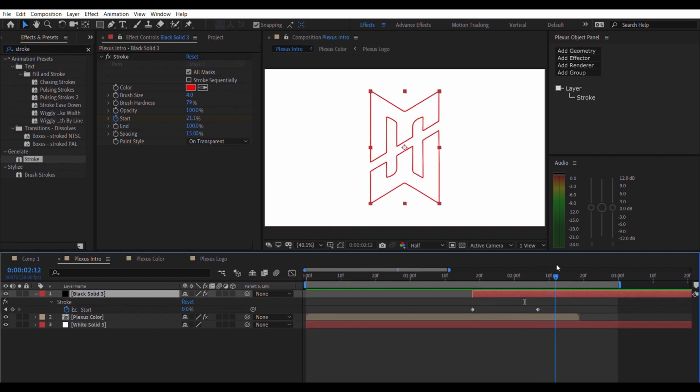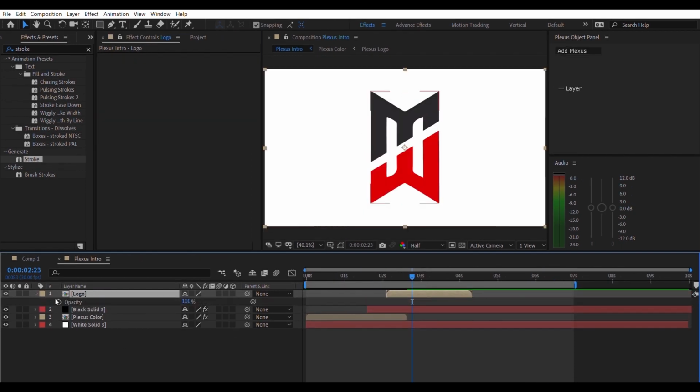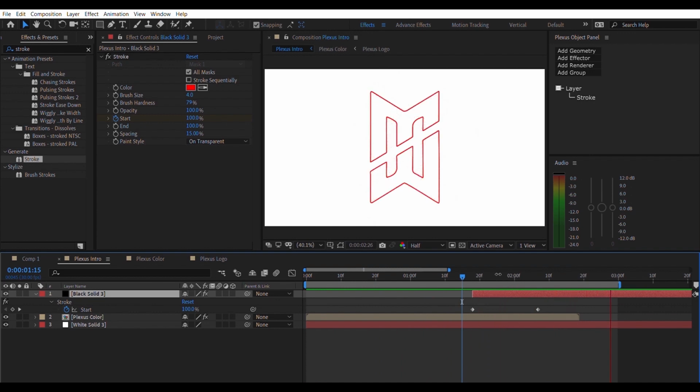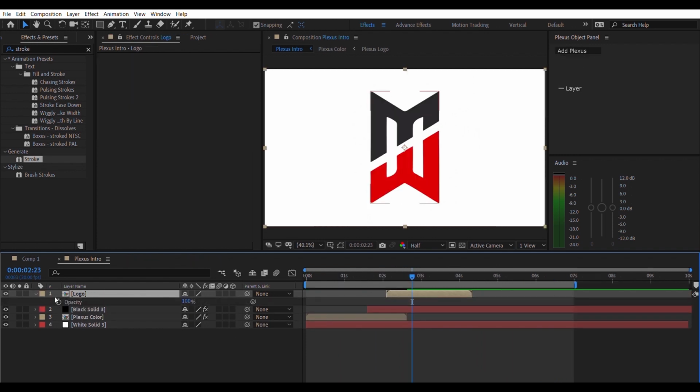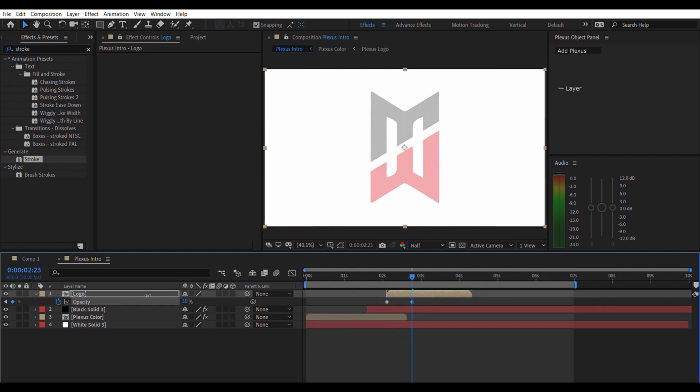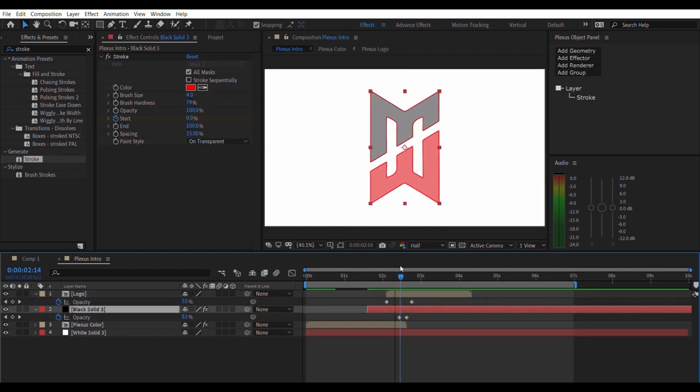Okay, now you have to set keyframes on the Plexus color layer so that it fades out once the stroke comes in. Okay, and you can see that I have added a fade out effect for the Plexus color layer as the stroke completes. With that stroke, we have to reveal the logo. So go ahead and drop the image of the logo onto the layer. So I'm gonna add the logo, and then once the stroke completes, it has to fade in. So set a keyframe at 0 at about 2 seconds and at 100 after a couple of frames, and this is how it looks.